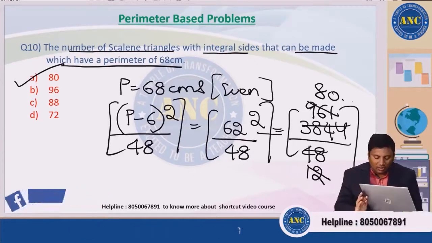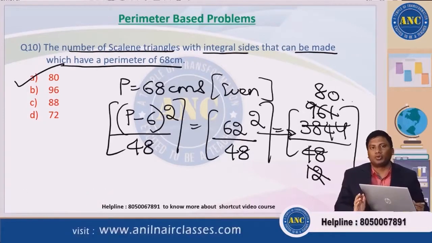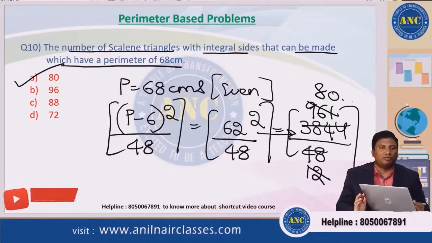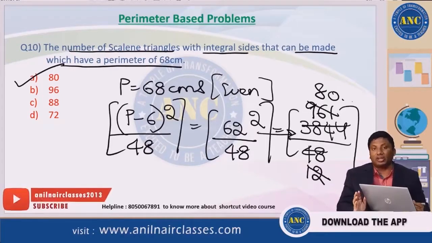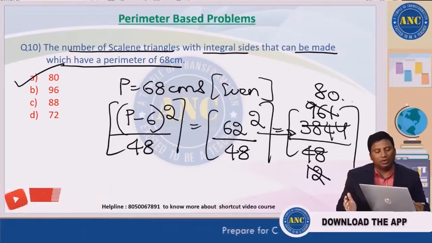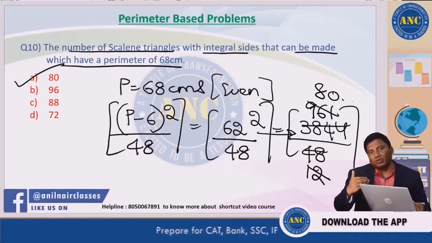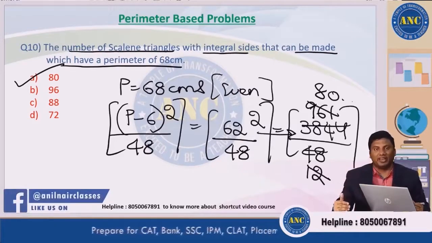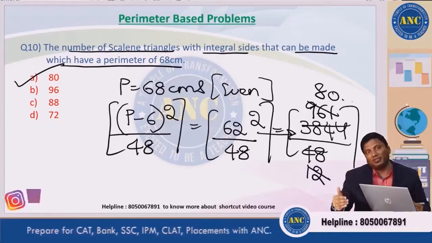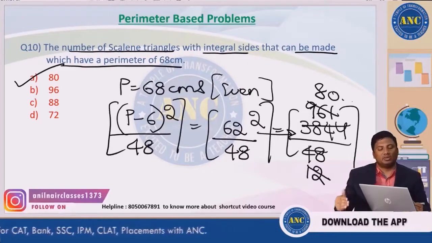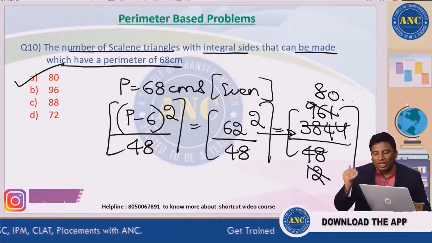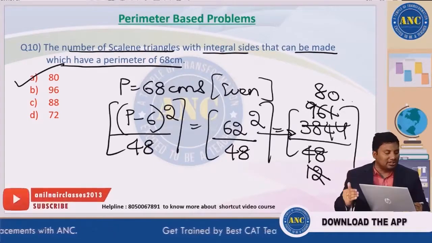Now another question will come. How is 62 whole square 3844? I wrote it very fast. If you know that logic, it will be good. Please write down. We did squares of the numbers till 35. We did how to find the square of a number using a square minus b square. Another beautiful logic will help you get the answer in seconds.